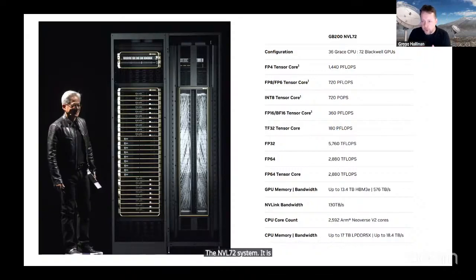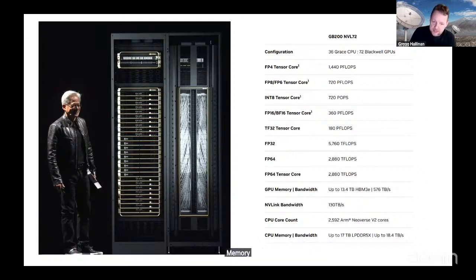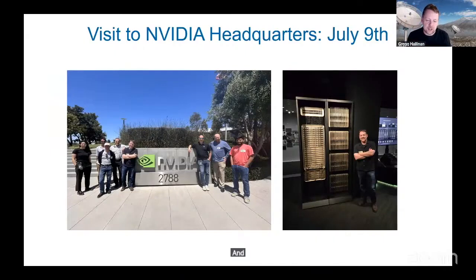It is transformative for radio astronomy because, as Kendrick was demonstrating, a major issue you have with working with GPUs is not the amount of flops you have. It's accessing those operations. It's throughput. And these systems have enormous memory bandwidth and memory footprint, and it's going to transform radio astronomy. We were actually at NVIDIA on Wednesday of this week. I missed one day of the conference, and I managed to get a photograph with some of these racks. I didn't get to wear Jensen's leather jacket, but